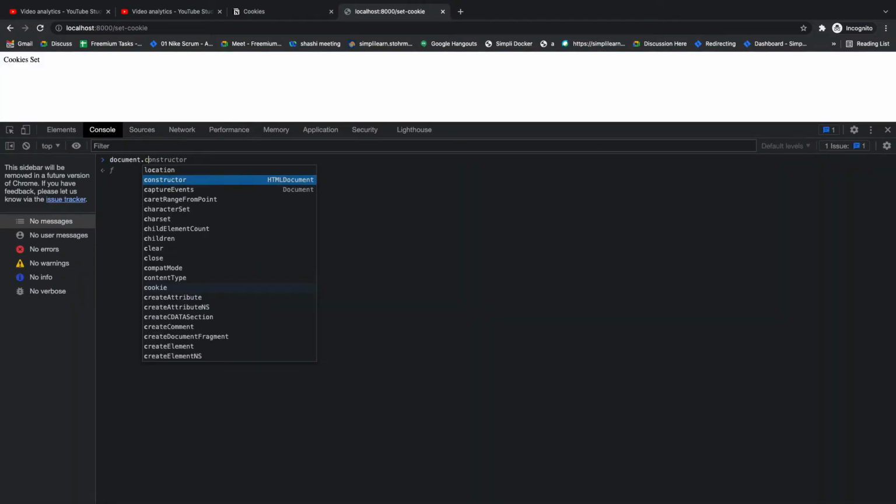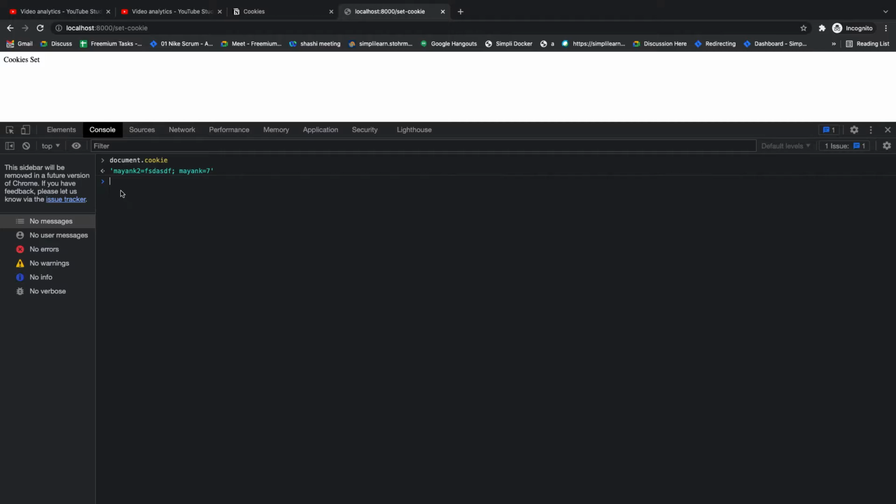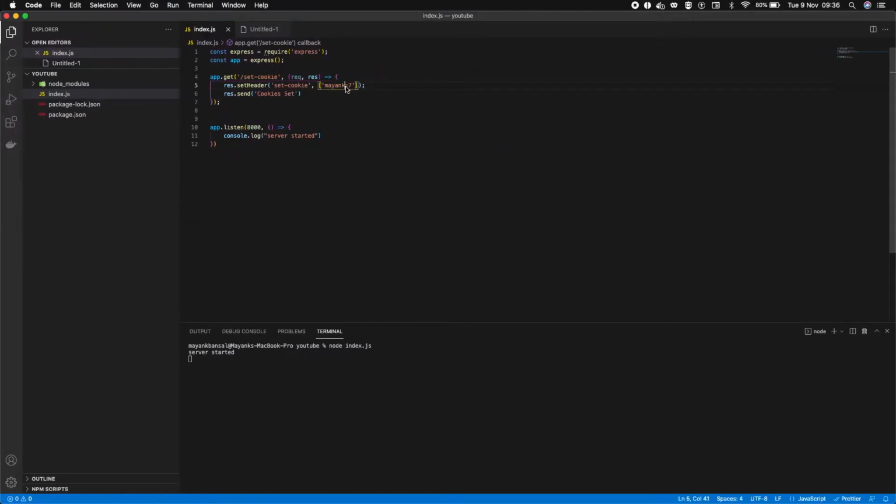Currently if you check document.cookie, it will list all of the cookies that the browser currently has. Now if I set one more cookie here called server only, I'll have to set an HTTP only flag with it. That's all you need, HTTP only.